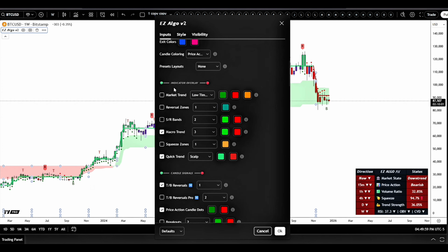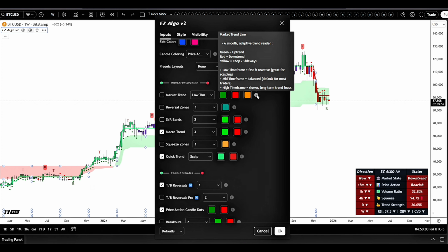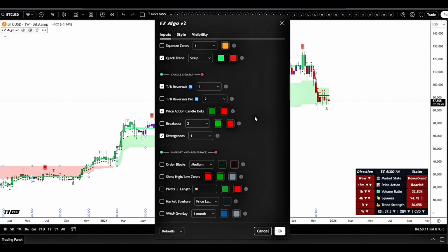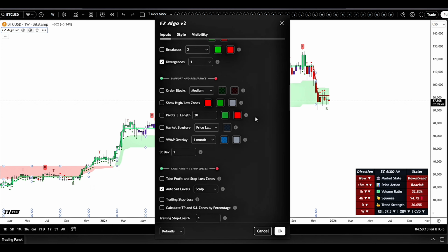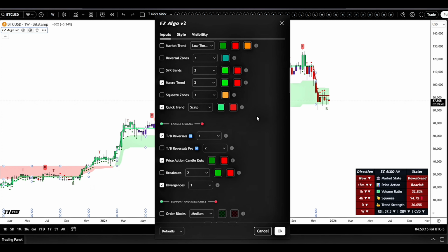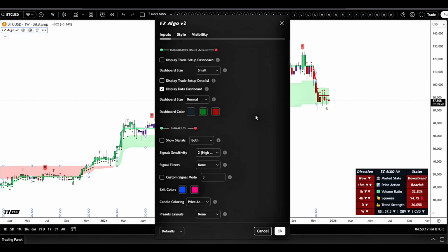For example, our indicator overlay right here, market trend: if you're ever unsure what this does, hover your mouse over it, or click on the eye icon if you're on mobile, and it'll explain exactly what it does. This goes for everything inside EZ Algo V2. And as always, each section is organized neatly for you. So for the dashboards, to quickly turn them on or off,